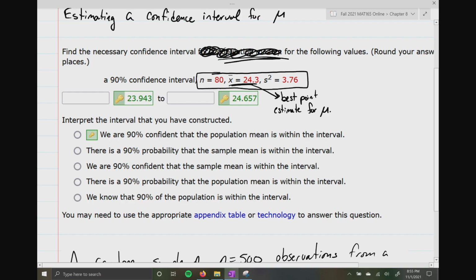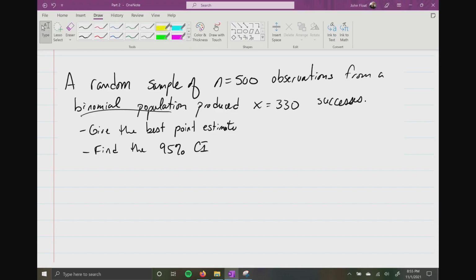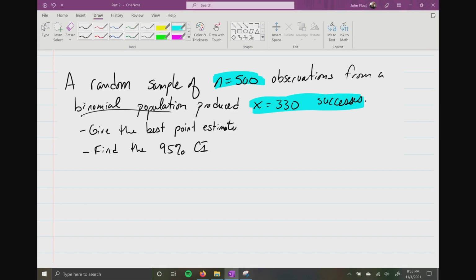It's because of the sample data that they provided. Now, when we compare that with this problem, here is what is screaming out loud to me. This is screaming, hey, you are going to find a confidence interval